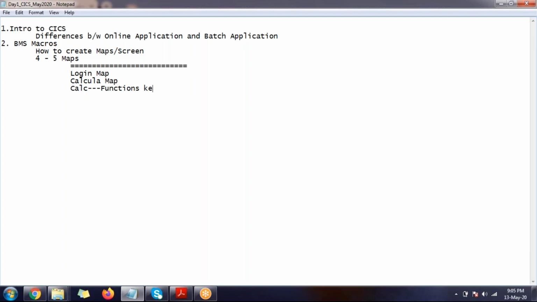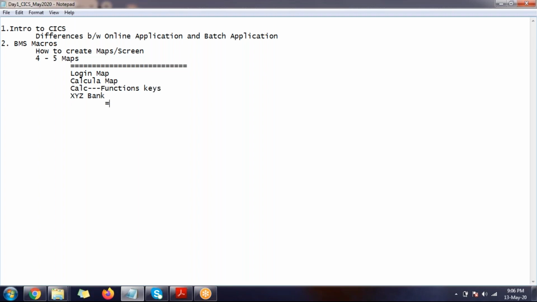So we are going to discuss function keys, how to use function keys. Then we are going to discuss an employee screen, or some XYZ bank screen.